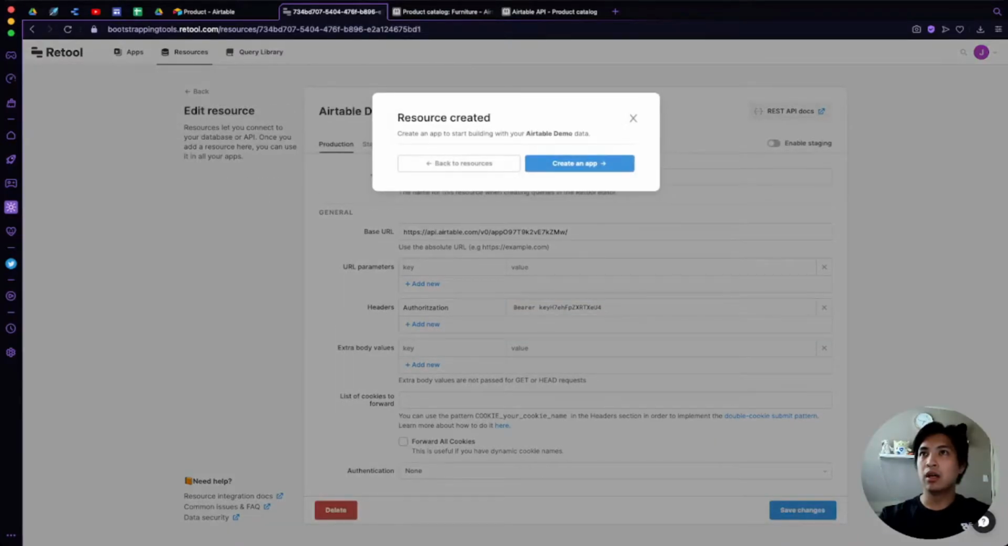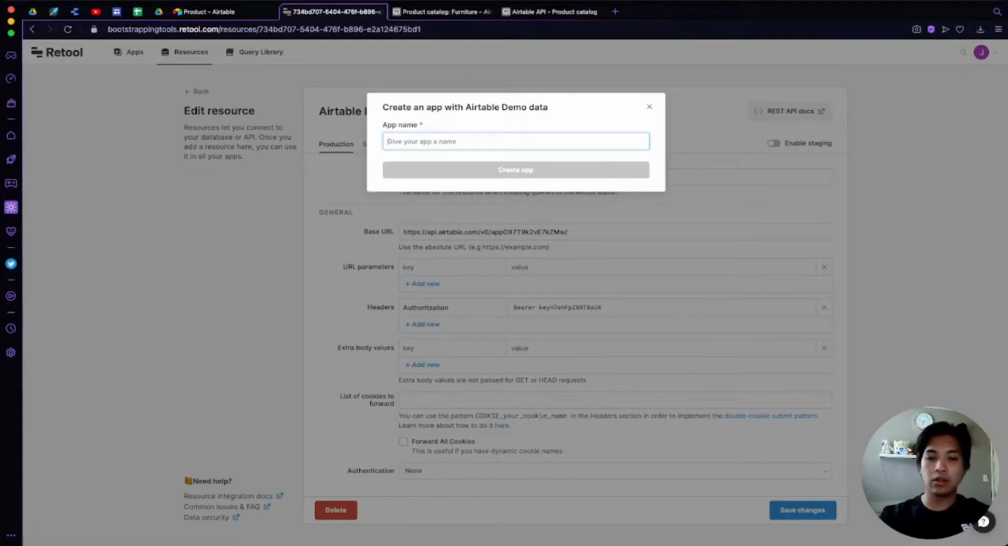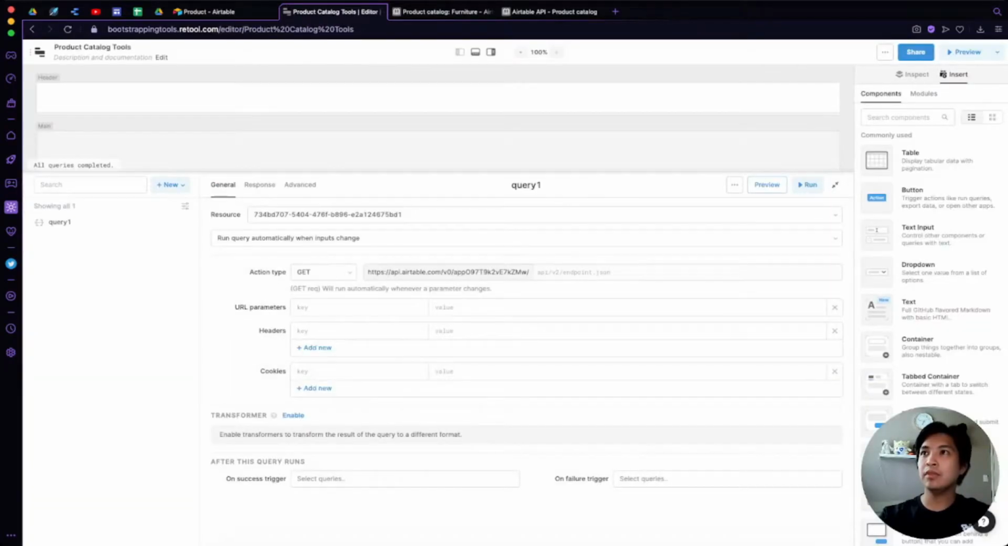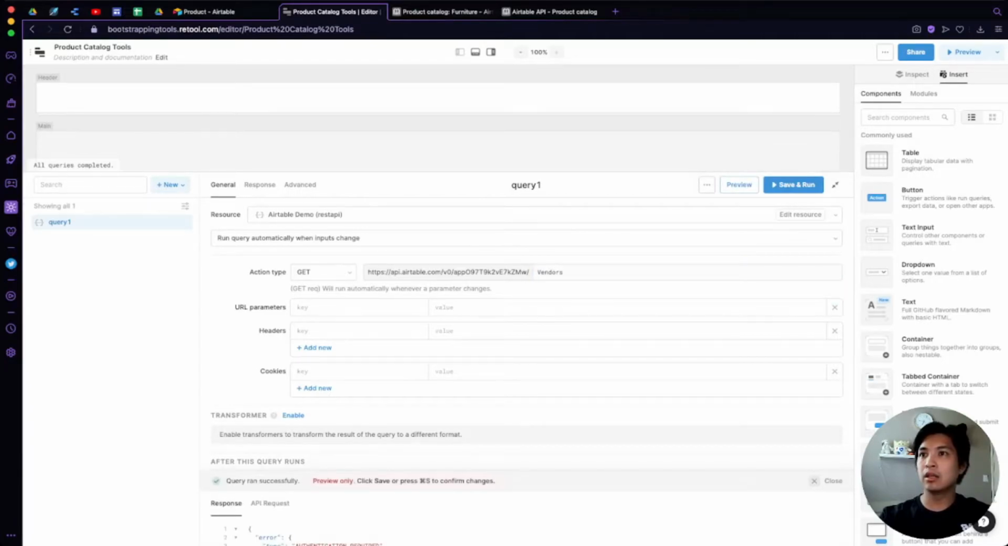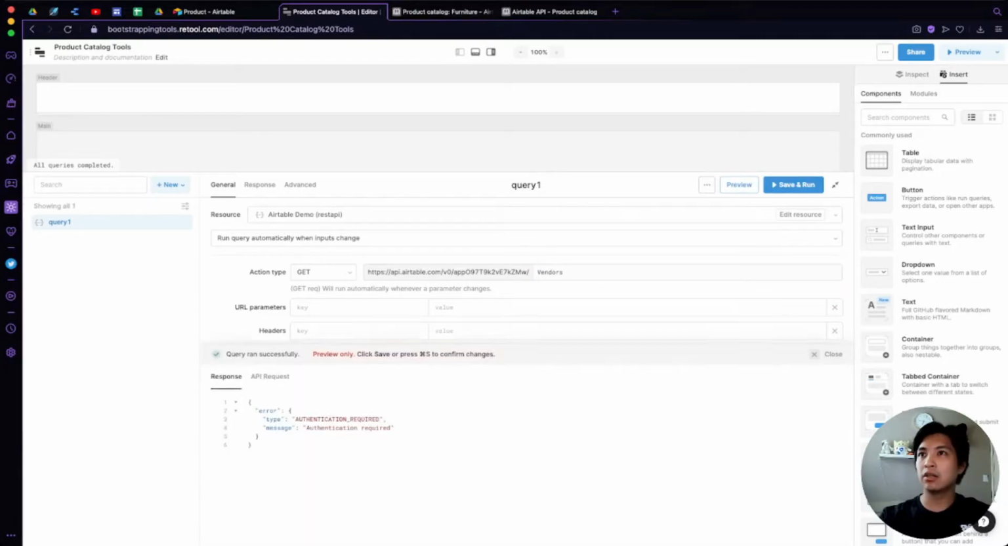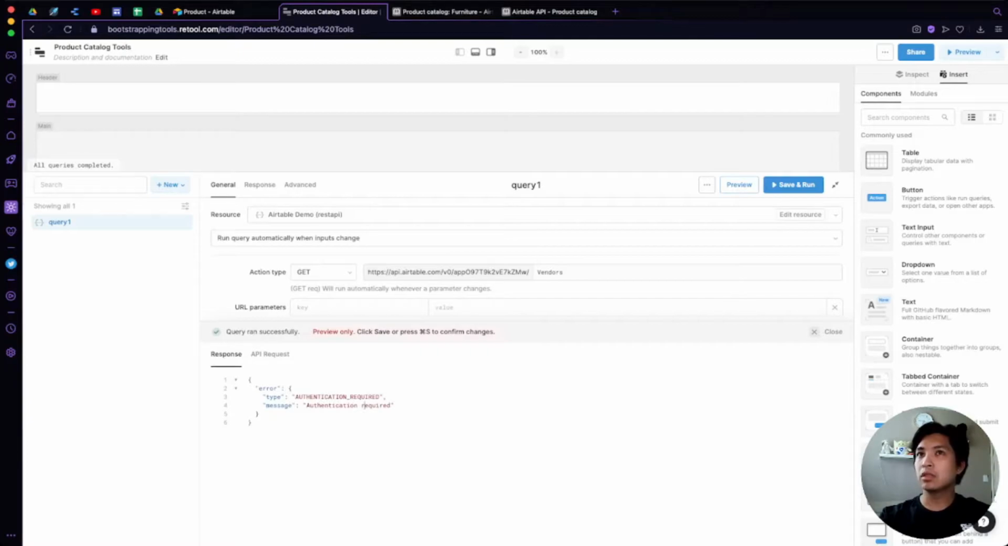I'm going to go ahead and create an app for it. We're going to call this product catalog tools, and create app. Now let's go ahead and actually test this endpoint. The one that we saw before was vendors, so slash vendors, and let's hit preview and see what we have. Looks like we got an authentication error here. Oops, authentication required. Let's go back over to our resource